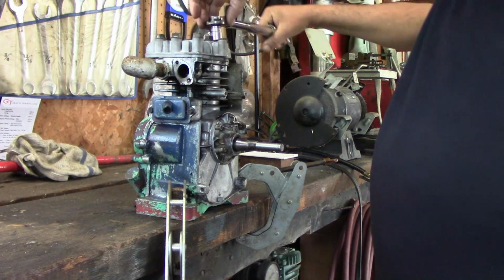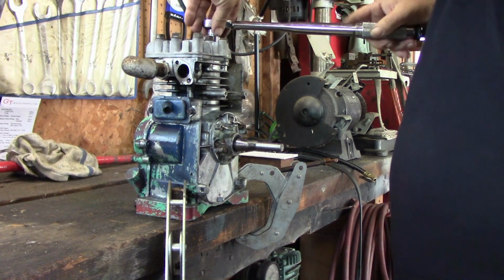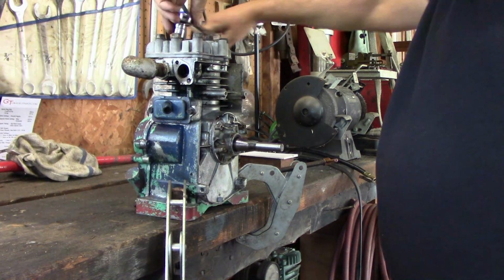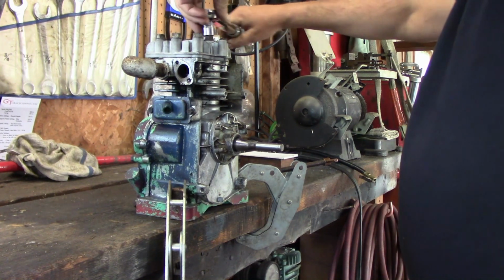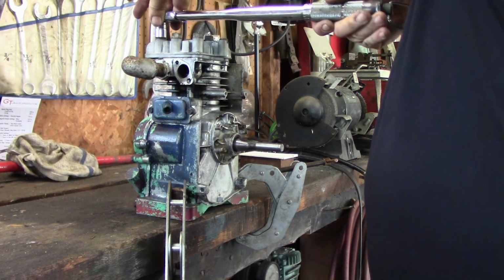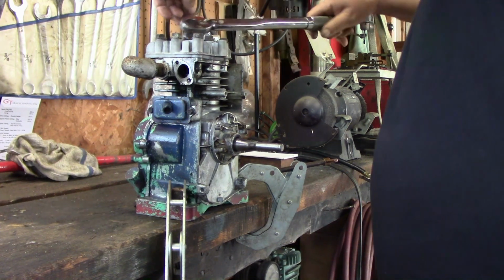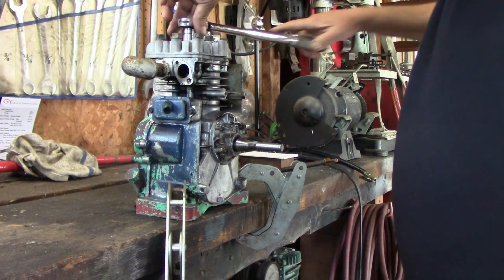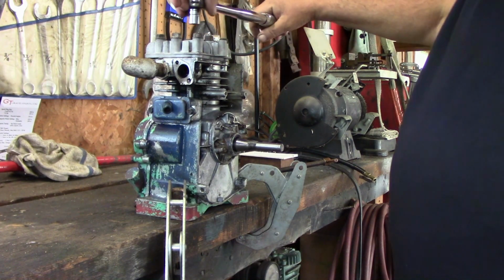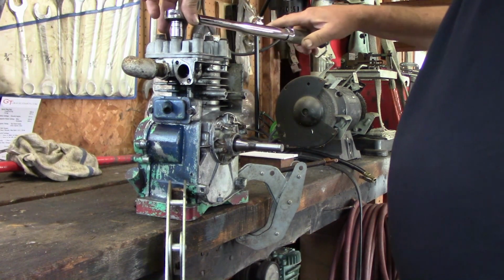So actually, I think one of these end ones is number 1 and 2. There's 1, 2, 3, 4, 5, 6, 7, and 8. And we need to go over it one more time, at least. 1, 2,